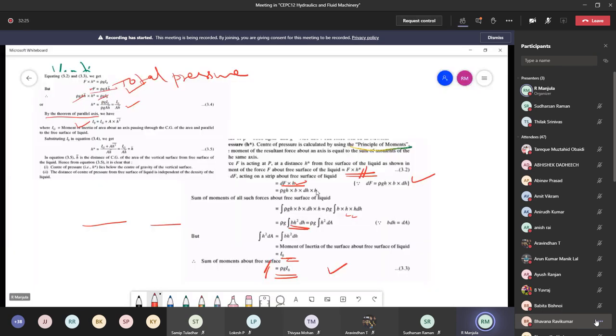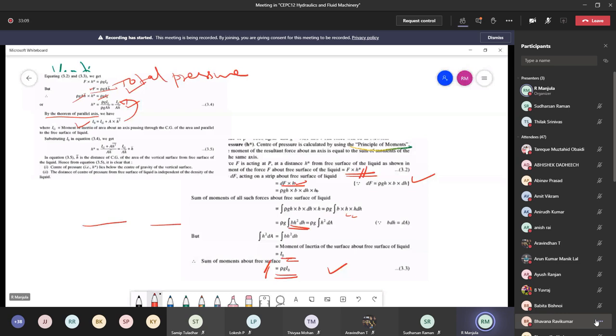So here, according to the parallel axis theorem, I naught is equal to Ig plus A into h bar square. So we will be substituting for I naught in this equation. h star becomes Ig plus A into h bar square divided by A into h bar. So you will be getting Ig by A h bar, and the h bar will get cancelled, A also gets cancelled, so we will be getting only h bar. So this is going to be your final equation.